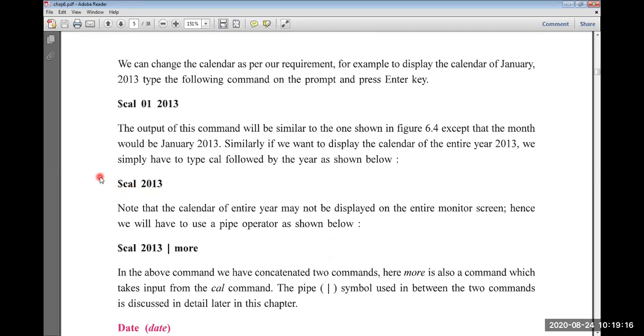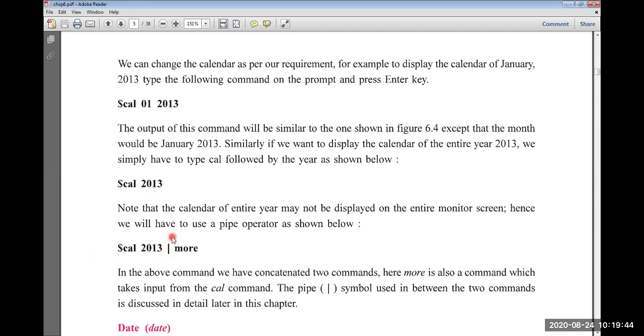As you have seen, when you enter cal 2013, the beginning months like January and February go up off the screen. So if I want to see it page by page, I will give cal year, and this sign.